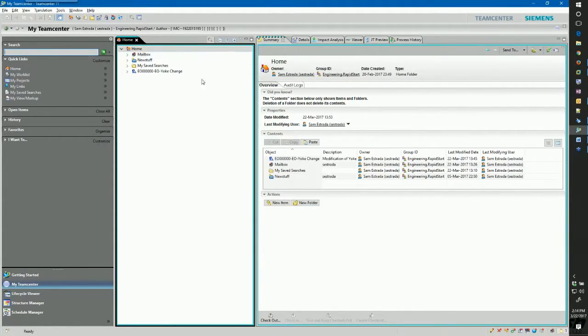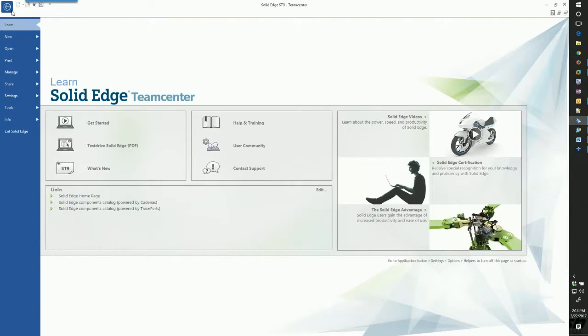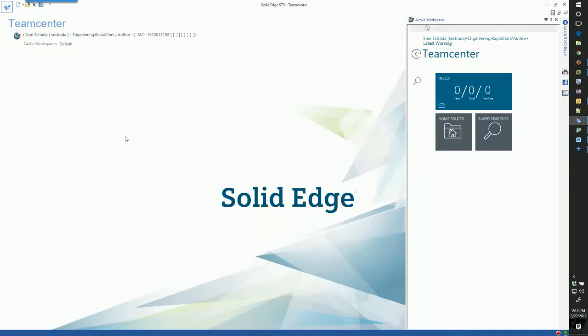And whenever I log into either the rich client, which is one of the ways I can interact with the database here, or inside Solid Edge, if you use ST9, one of the cool things is that once you log in, you're accessing the secure database from your native CAD system. So it may be Solid Edge, or if you have a mixed environment with NX and maybe another CAD system like AutoCAD or something like that, you would be able to access Teamcenter through your native CAD application